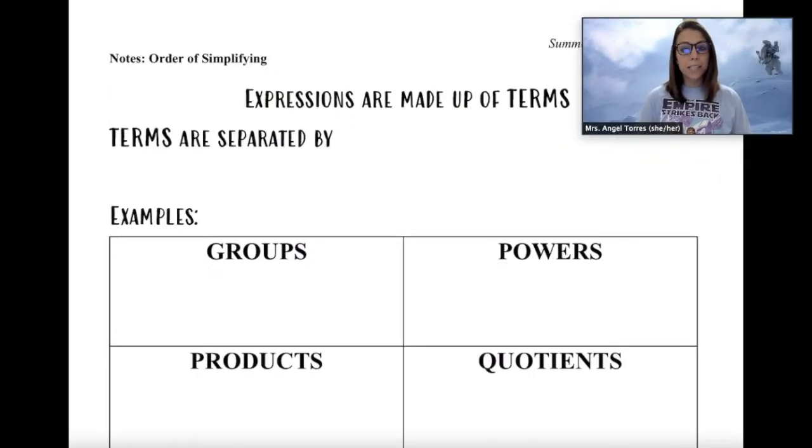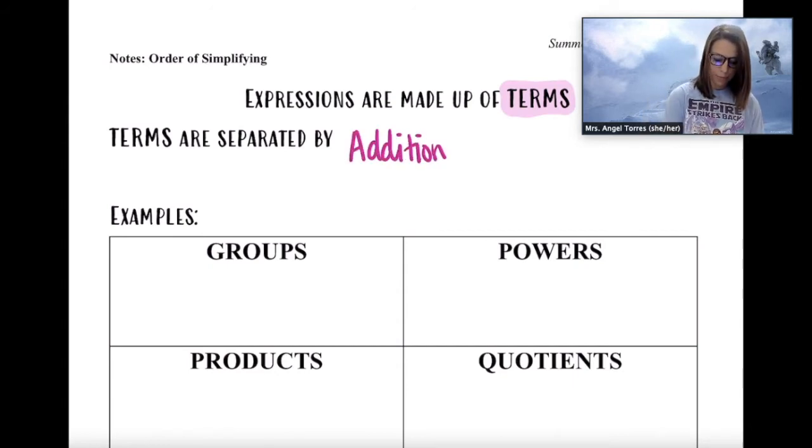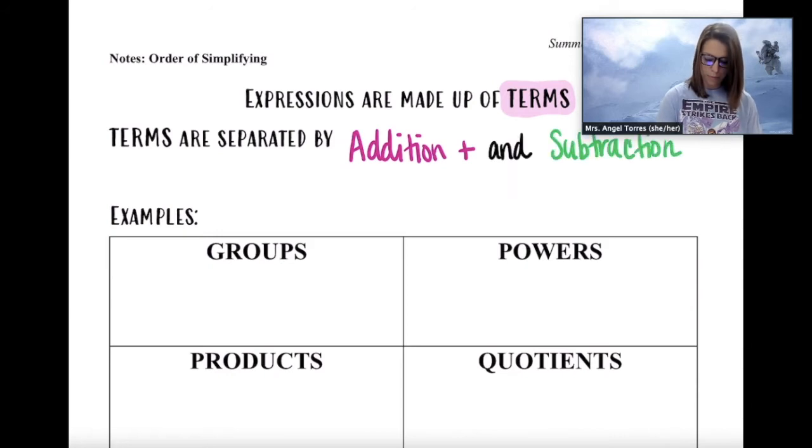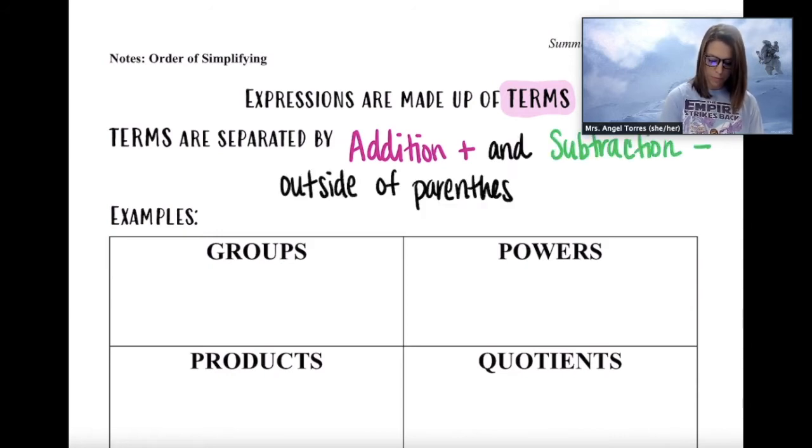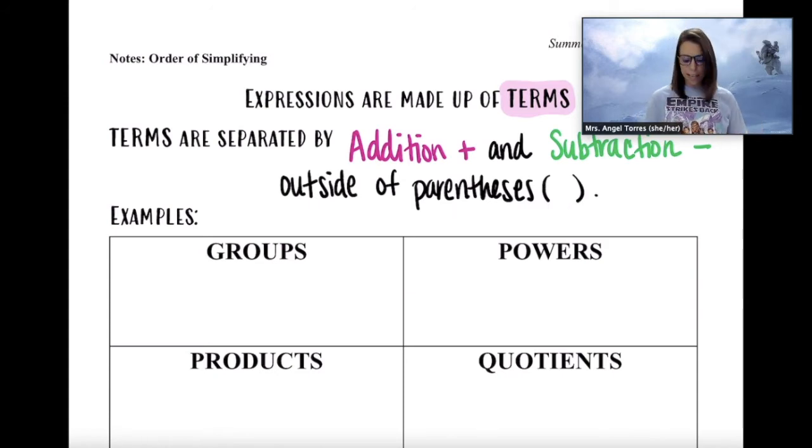Before we can begin, we need to talk about some terminology. Expressions are made up of what we call terms. Terms in an expression are separated by addition and subtraction outside of parentheses. So as long as you can identify the terms in an expression, you can simplify each term individually, and then you're just combining integers at the end. So there's 4 different examples of terms that we're going to be looking at in this video and in our